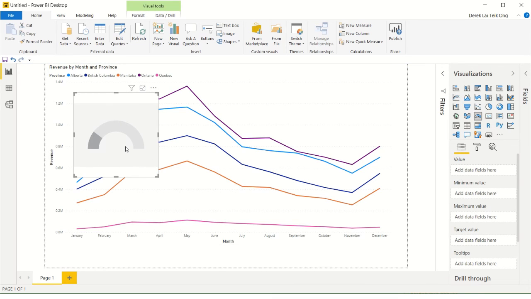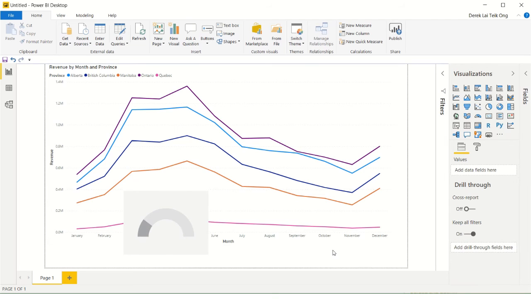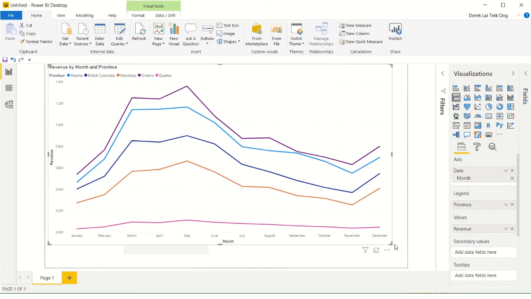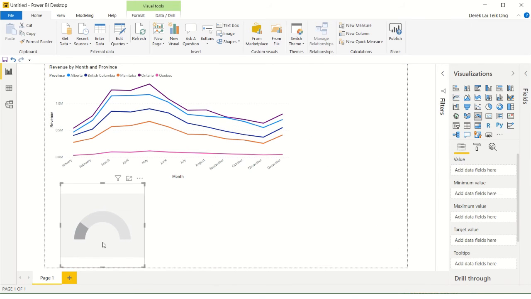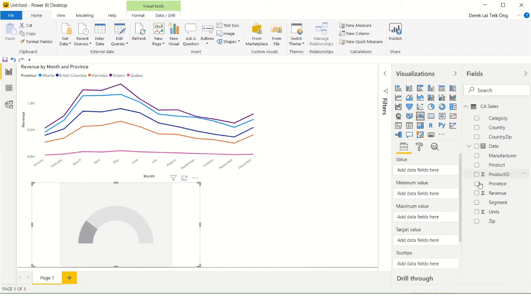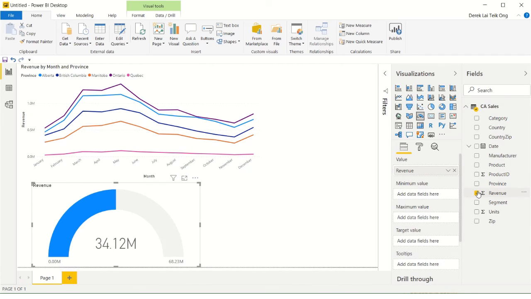Right now you notice that it sits on top here. You might just want to resize it a little bit. Okay, and then you can save it right there. And this one, in terms of views, revenue would be great. I can see